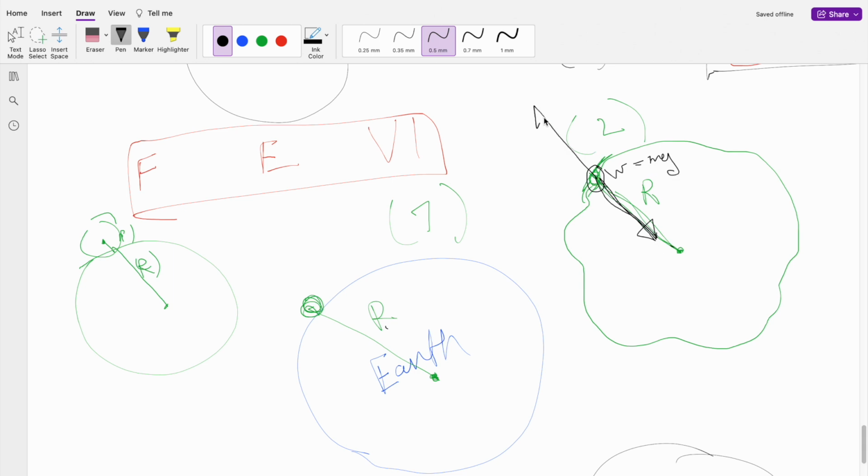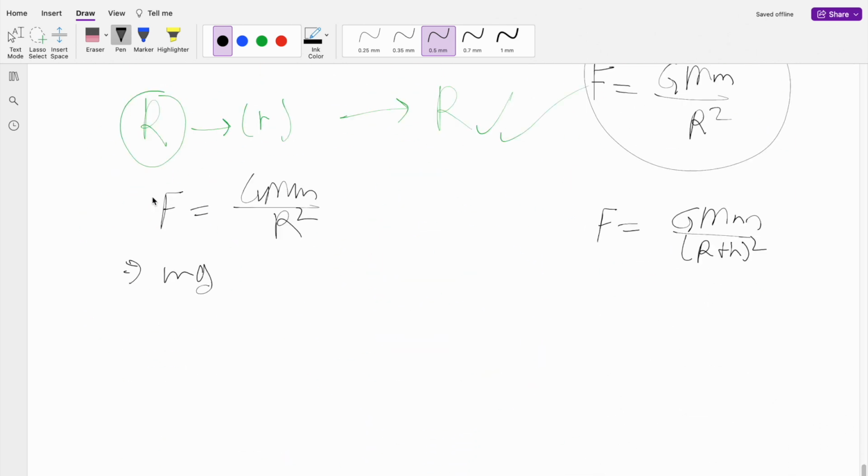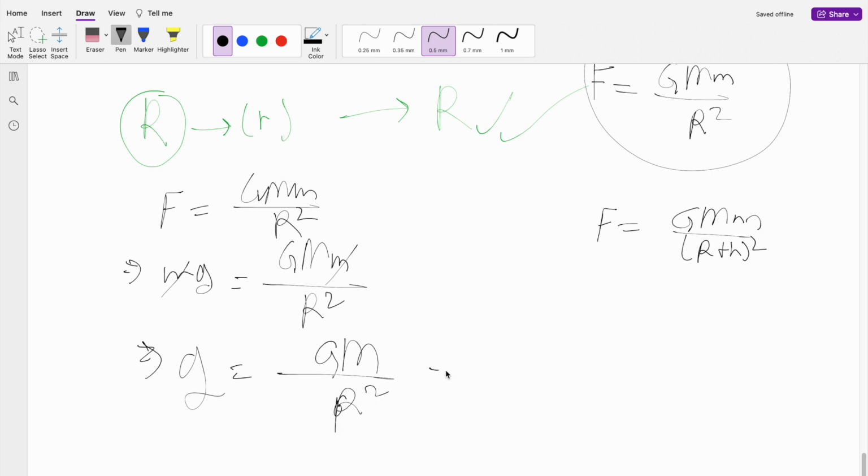So mg equals GMm divided by r squared. We cancel the m, so g equals GM divided by r squared. It's also written as GM